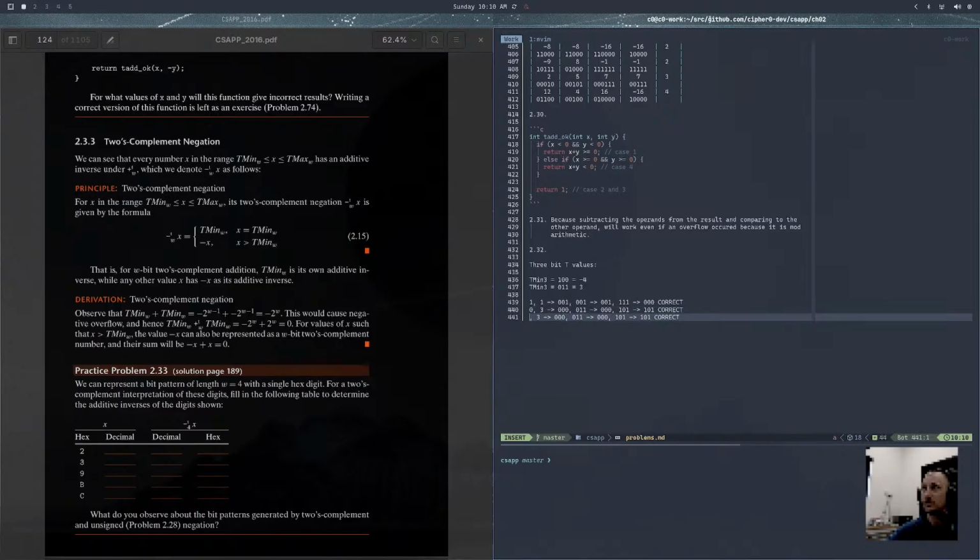So say we take -4 and 3. -4 is going to be 1, 0, 0, and 3 is going to be that. And then we add them together, we get what? I don't want to assume correctness here. 1 and 1 is 1, 0 and 0 is 0, 1 and 1 is 0, carry the 1, truncate it, we get 1. Which numerically is not correct, but it might be the correct